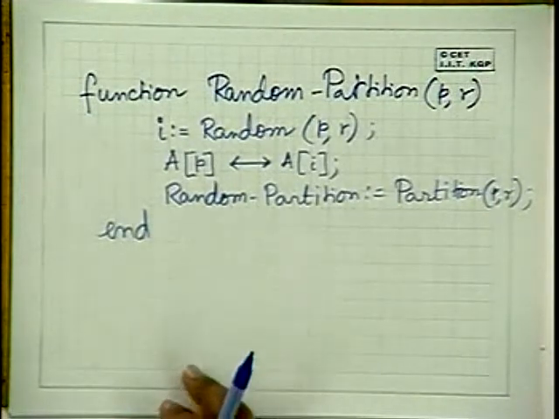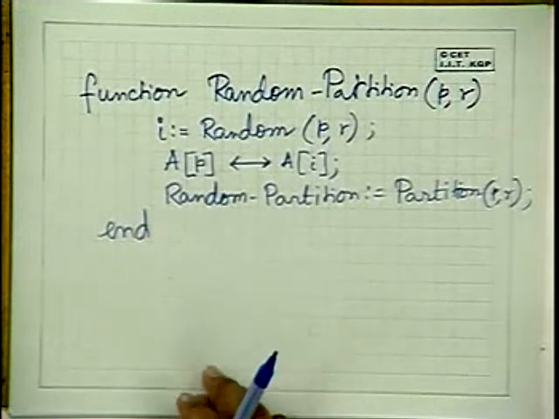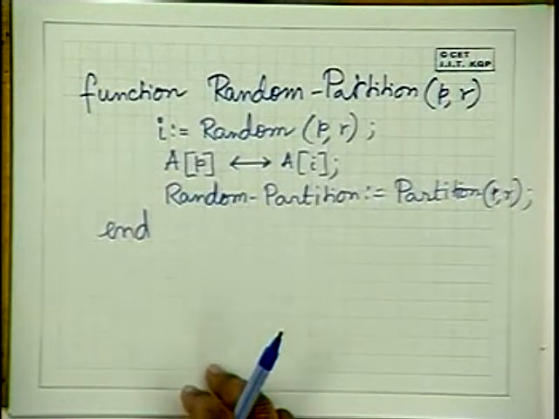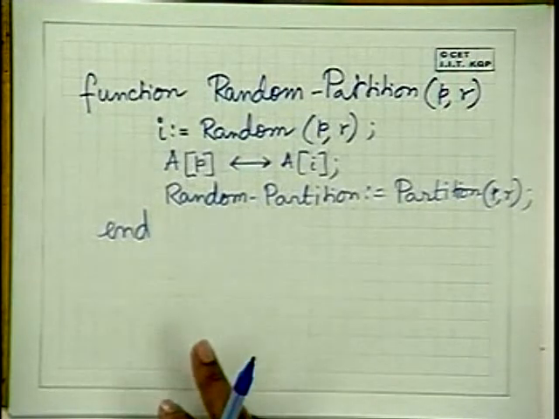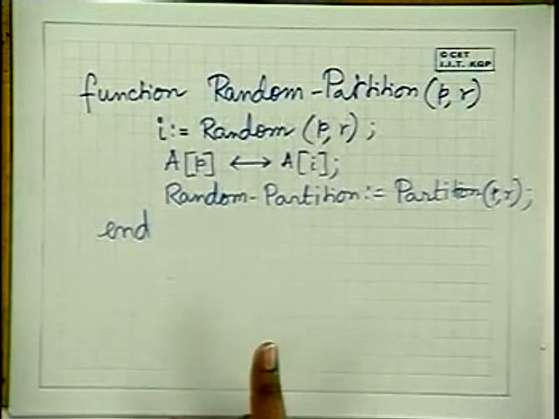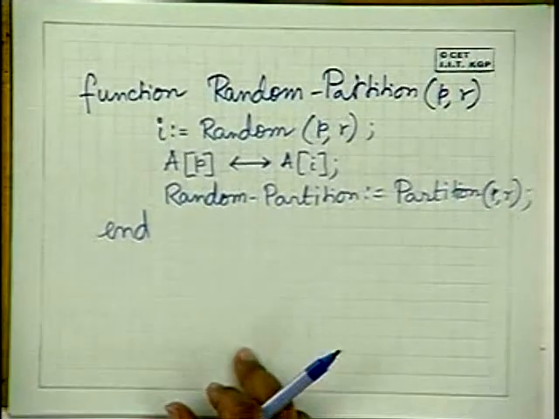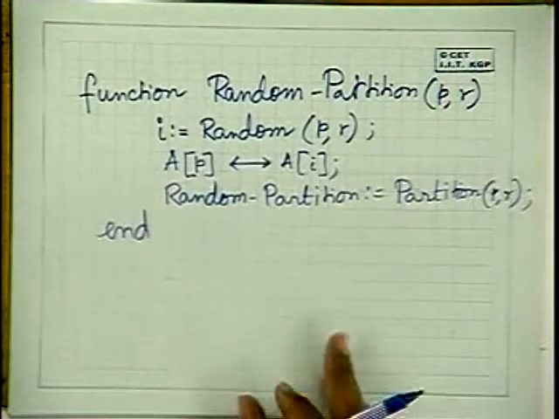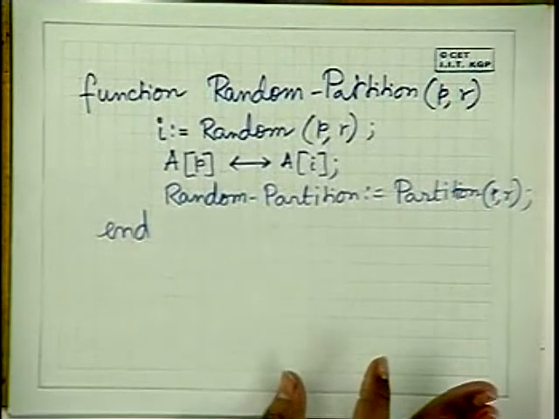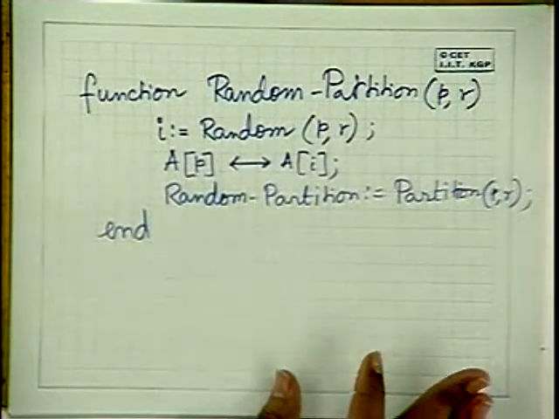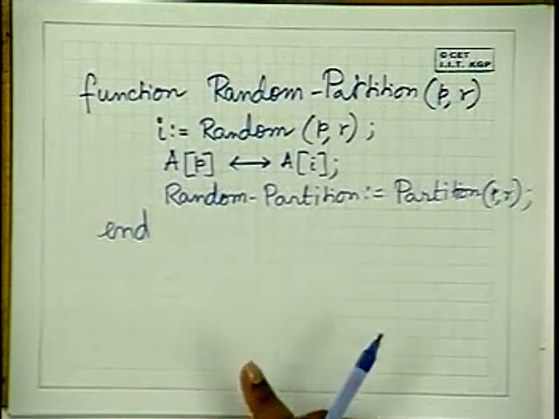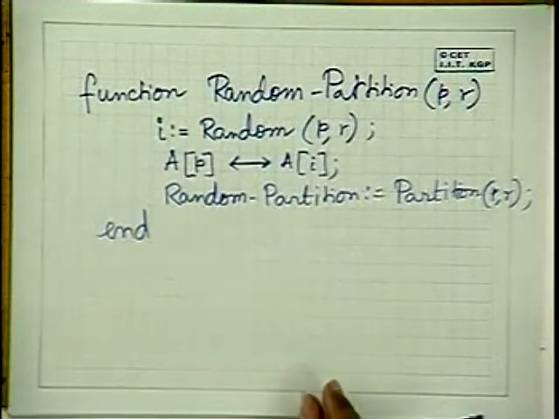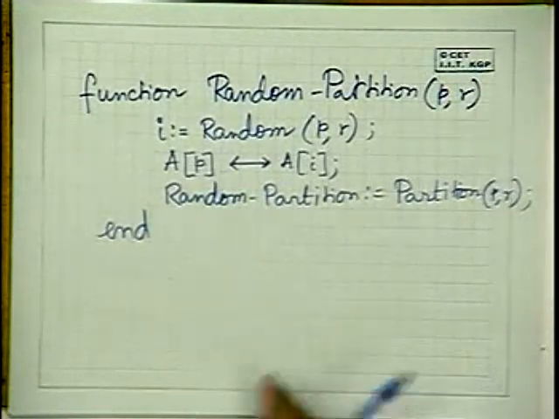Of course, I have not shown it to you that it takes on an average n log n time. That we will go through. But you should remember what this randomization means. It does not depend on the input distribution. How the inputs are distributed, it does not depend on that, because you are choosing randomly within your algorithm. The averaging is over the runs of the algorithm. Same input, same algorithm, if you run it, it runs differently.